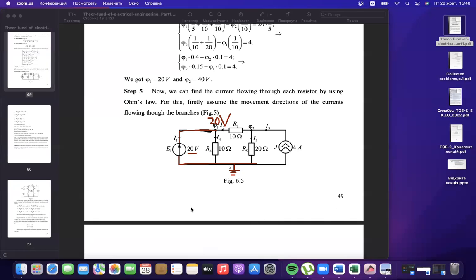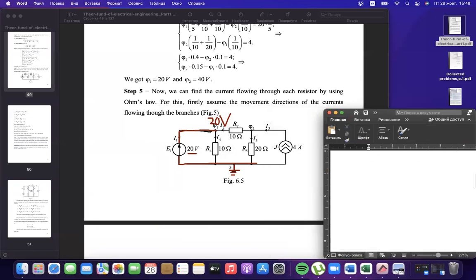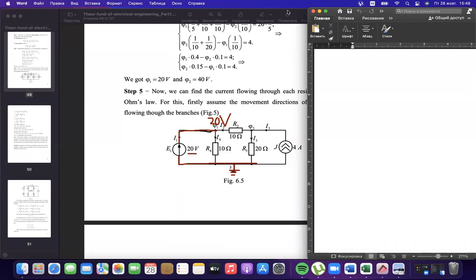What will be at the last? At the last, you will have only one equation for only one unknown variable. You have the unknown potential phi2. You are writing the self-conductance by 3 branches. You are writing the mutual conductance to point number 1. And that's all. The only one equation in this system will be phi2